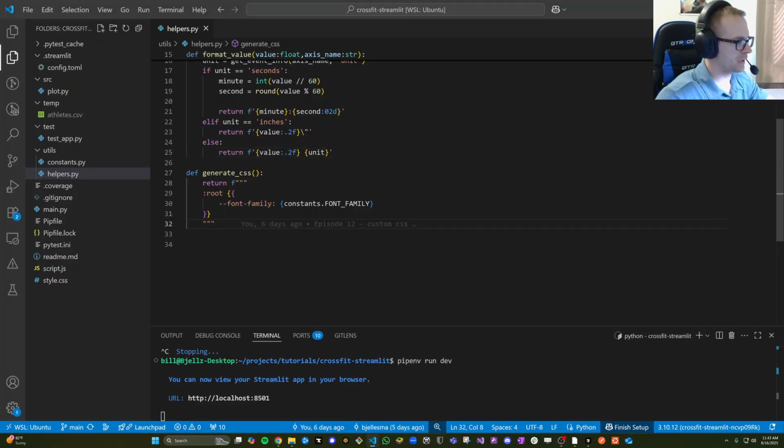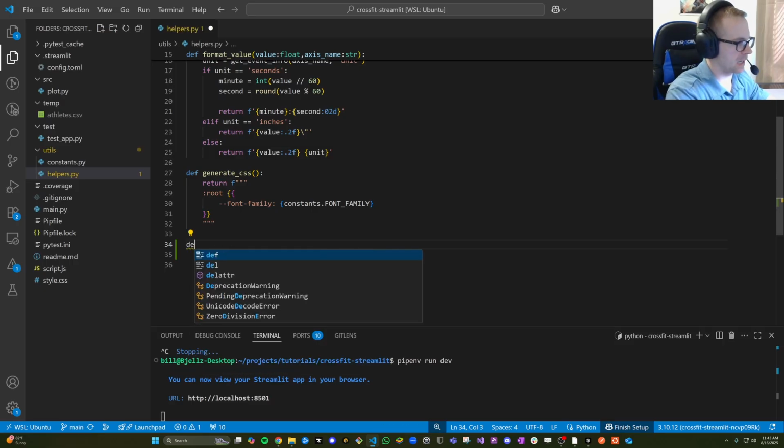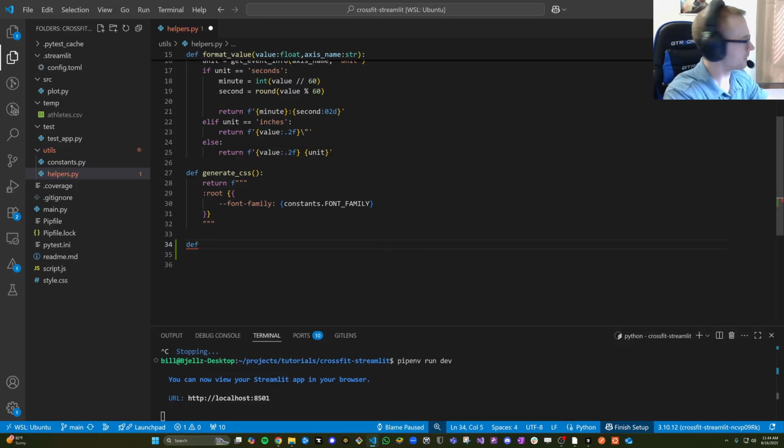Alright, so the first thing we're going to do is create two new functions. I have the helpers file open here because I probably want to be able to reuse this in the future. The first one we'll do is get_url_param. This is going to take in the key, so that'll be either the x-axis or the y-axis. And this is simply going to return